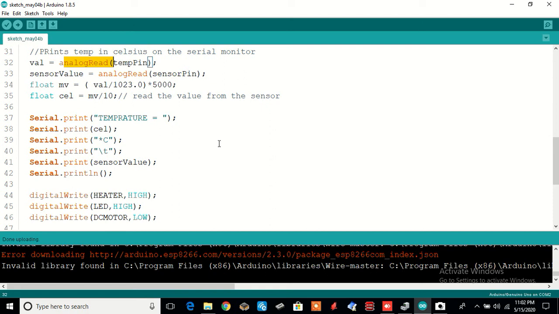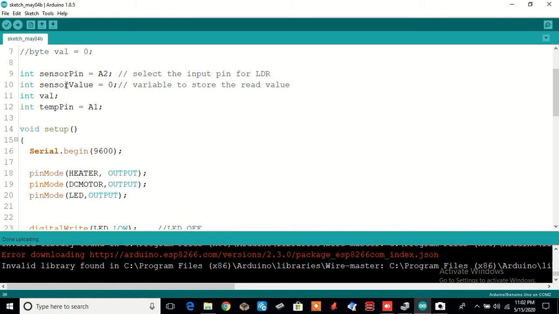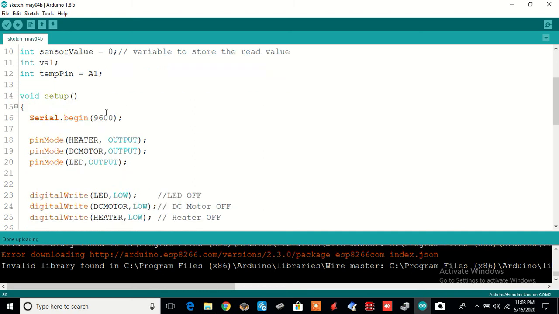There are 6 analog pins, so you need to specify which pin your temperature sensor or LDR is connected to. Once again, the temperature pin and sensor pin we have already defined, the sensor pin is A2 and the temperature pin is A1, because the compiler understands only these predefined variables. But since it is difficult to remember in the program, we define our own labels and assign these variables to them.